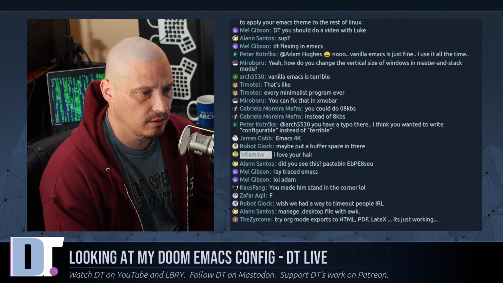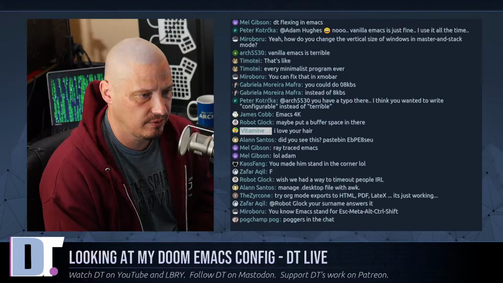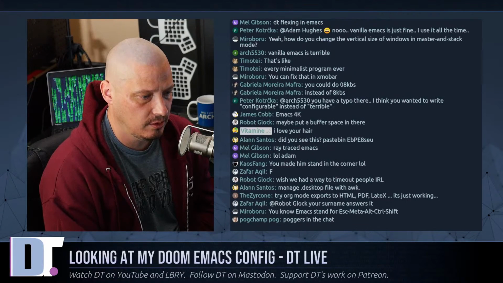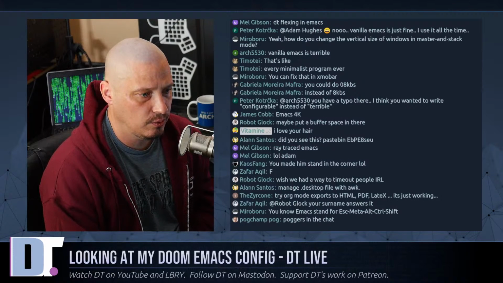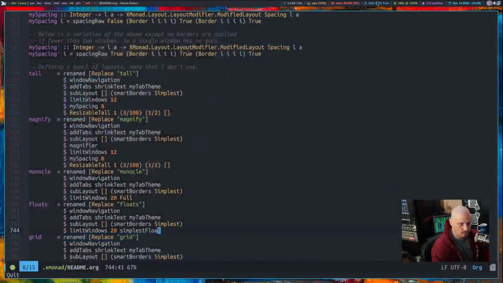Let's see. Yeah, we were talking about Xmobar. I meant the window manager bar. It changes depending on... let's see if this guy could explain what he's after there. I don't see him posting again. Yeah, I'm not sure what you were asking there. But yeah, obviously the bar has to change, like these modules have to change width when the information changes, you know. So, it also changes width over here, depending on